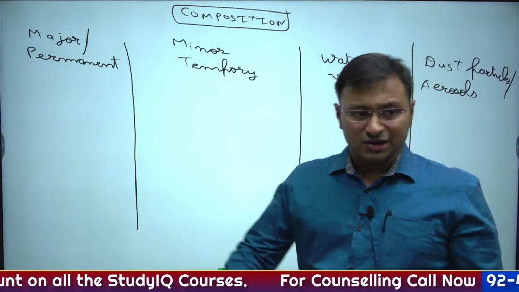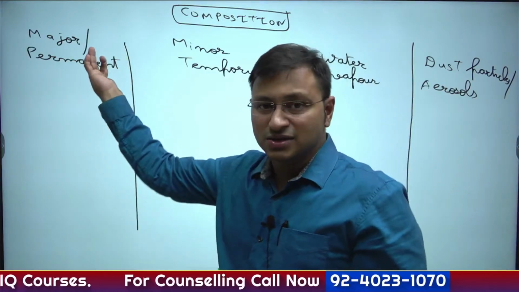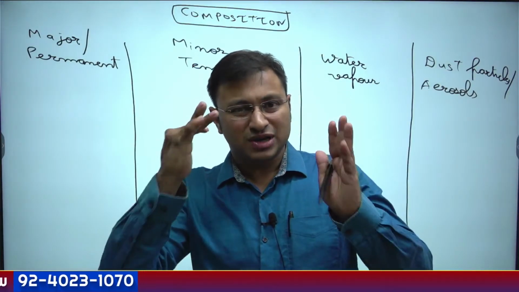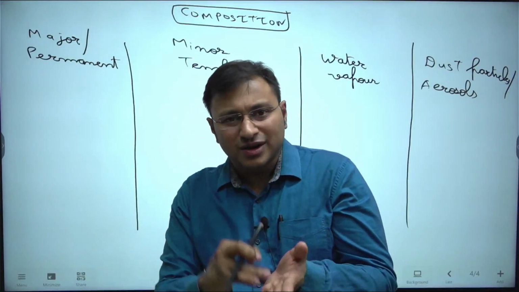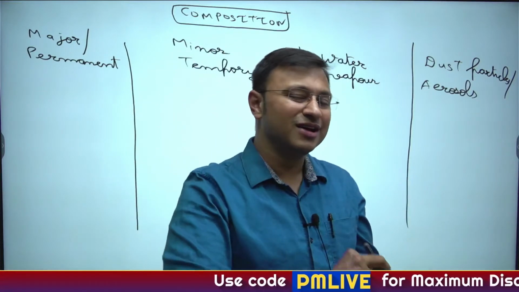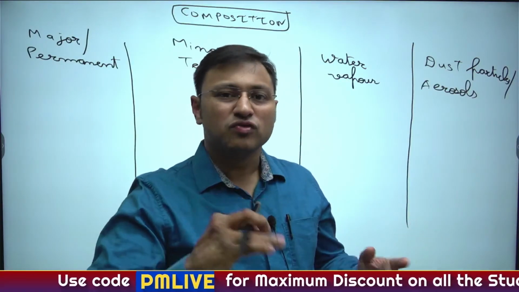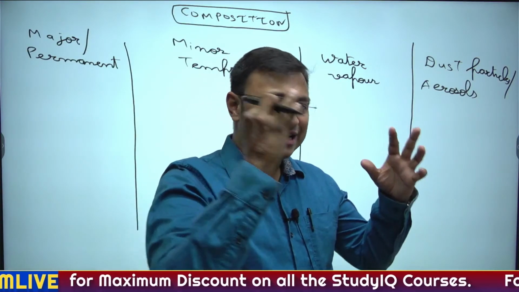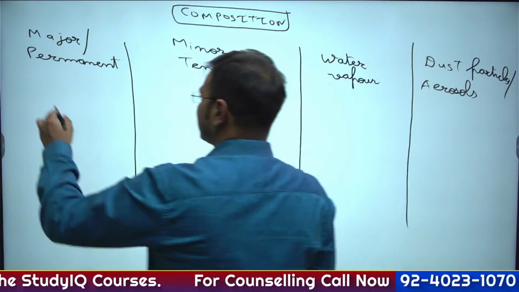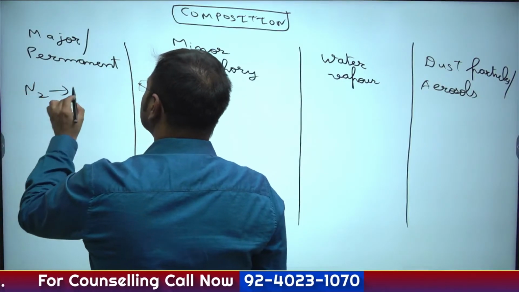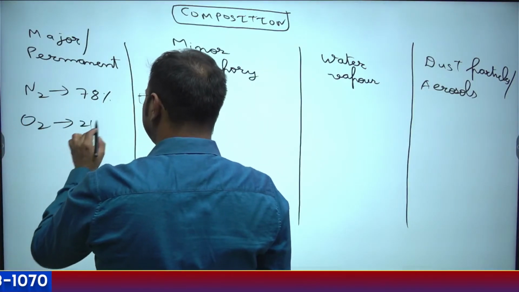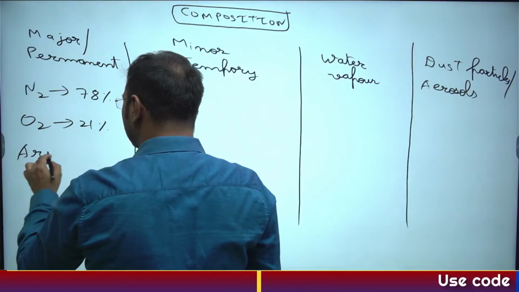What is needed from the civil service perspective is that if you are talking about the major gases, you know the role of those gases. Unless we understand what one particular gas does for Earth and for life on Earth, it will be absolute chaos to not focus on the exact part and focus only on the PYQ. The first major gas is nitrogen, close to 78%. Then we have oxygen, close to 21%. Then we have argon,